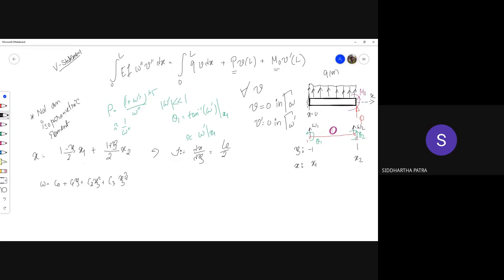Okay. Now I can obtain these values of the coefficients C0 through C3 by doing some substitutions. What sort of substitution? The substitutions are these: